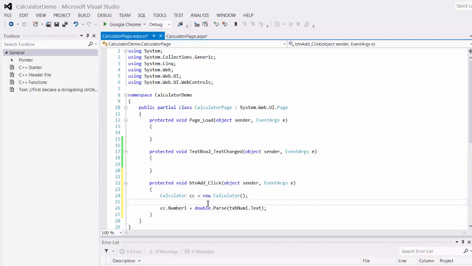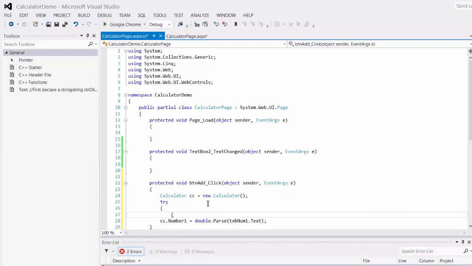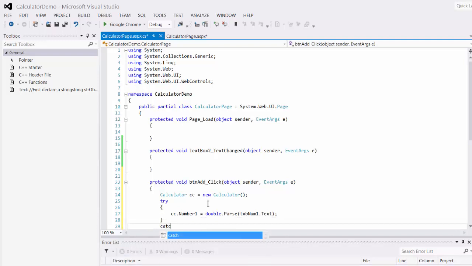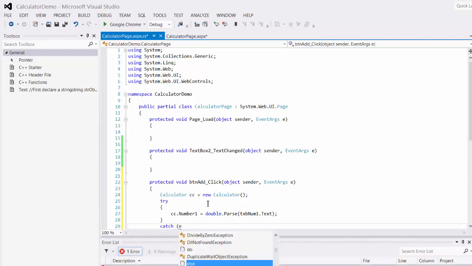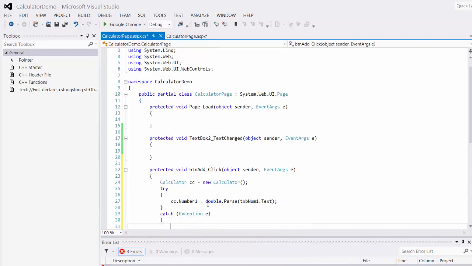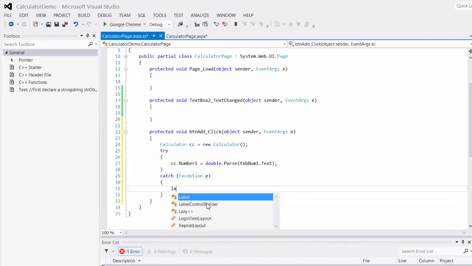And because I'm using that, I could get an exception. So I'm going to enclose this in a try-catch block. And in my catch, I'm just going to say label LBL results is equal to